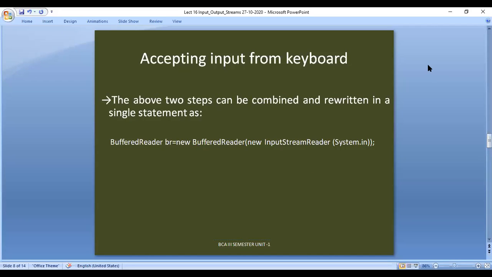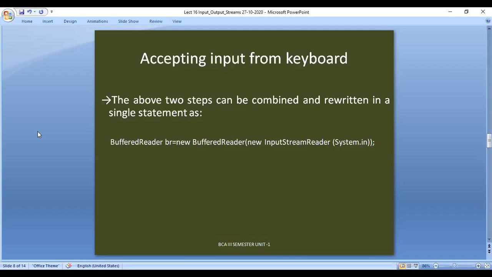The first two steps which we have discussed right now, that is, adding the keyboard to the InputStreamReader and the InputStreamReader to the BufferedReader, will be rewritten as something like this: BufferedReader br equals new BufferedReader(new InputStreamReader(System.in)); followed by a semicolon.